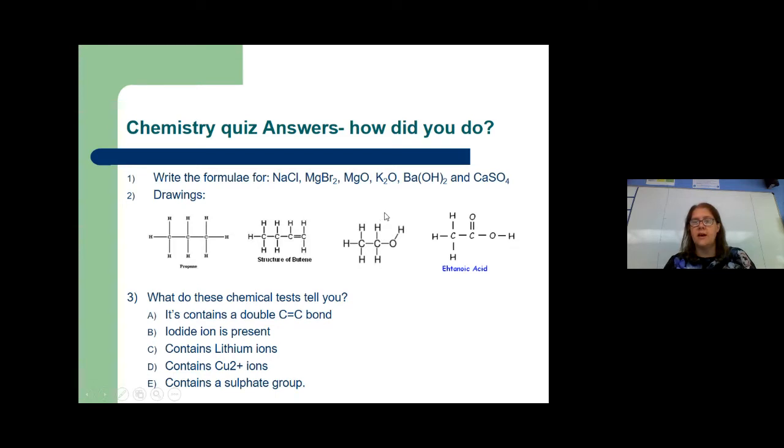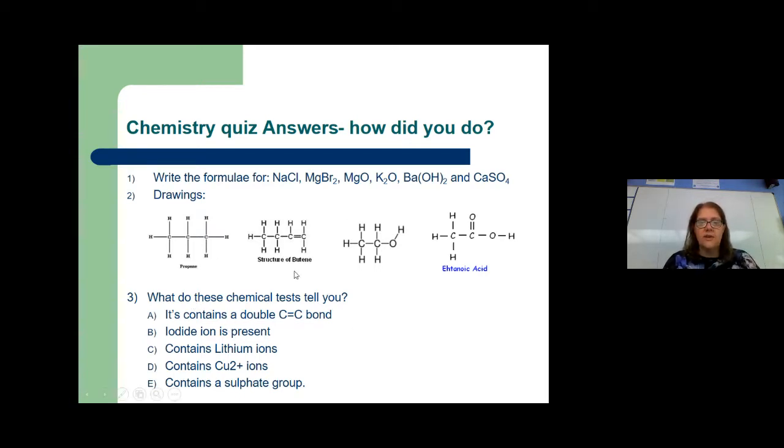Okay, so this is ethanol. It's got the OH group on, so it's an alcohol. And this one here is ethanoic acid, which has this C double bond O with an O and an H. Again, don't panic if you've forgotten these from GCSE. We will go over them again with you.